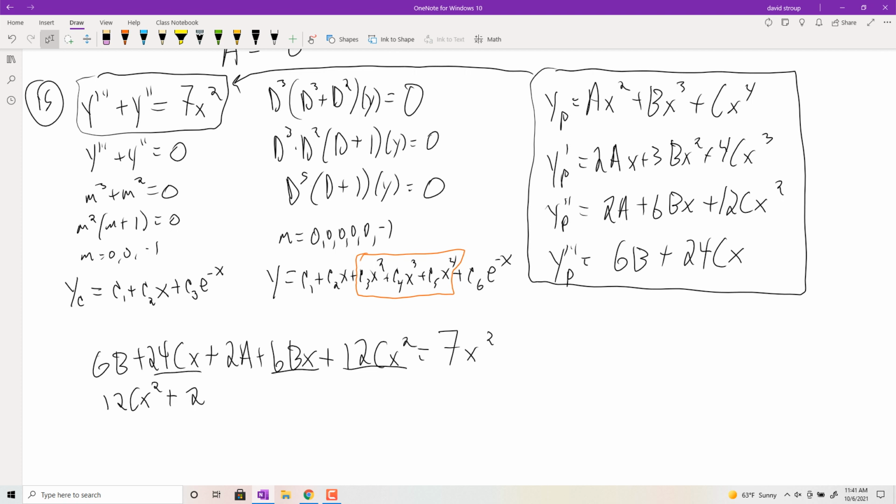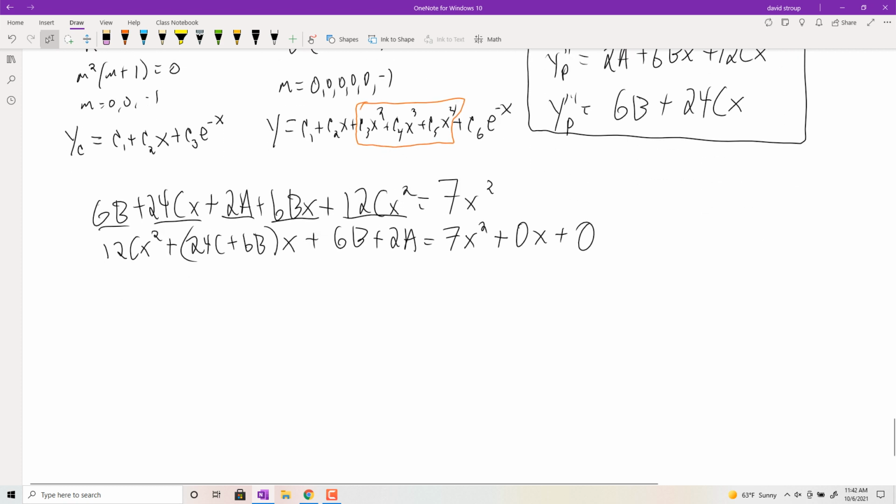So you would have 24c plus 6bx, and then get the constant parts by themselves. So plus 6b plus 2a. And on the other side, you have 7x squared, but technically you also have plus 0x and then plus 0. And then you equate the coefficients. Okay, so